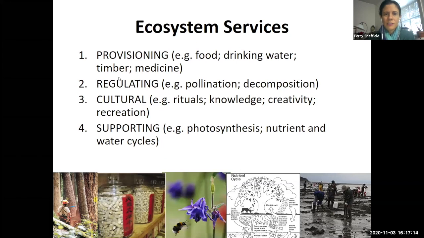So this is an example list of the categories that we talk about in terms of ecosystem services: provisioning, regulating, cultural, which has to do with both spiritual, ritual, habitual practices, and also things like recreation. And then supporting services, which are often at the microscopic level, but are critical for the sustaining of not only that ecosystem itself, but then what we draw from it or what we do. So I'm going to drill down a little bit more on these to give you some more specific examples.